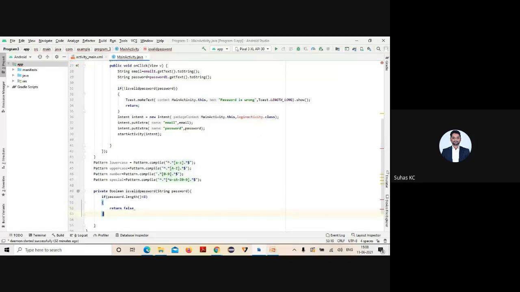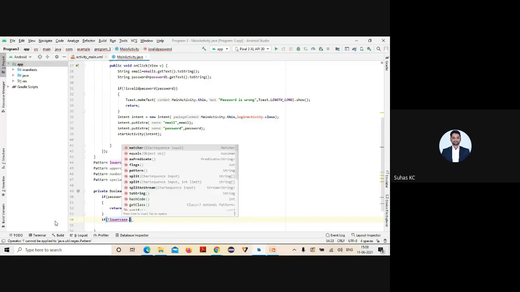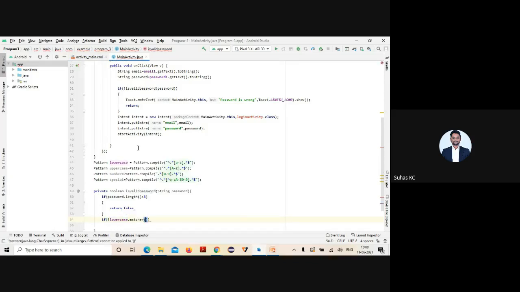Okay, great. Now next I should check for which one. If it is not having lowercase, how do I specify negation? This symbol, with the particular variable for lowercase. So I'm using which one? The matcher. Matcher is a class that is used to match the input sequence. What is the input sequence? And the check is which one? Password. And it should be used with a particular method called matches.